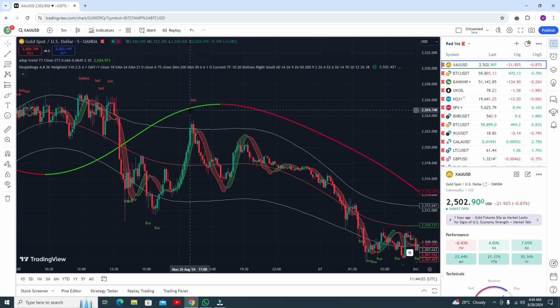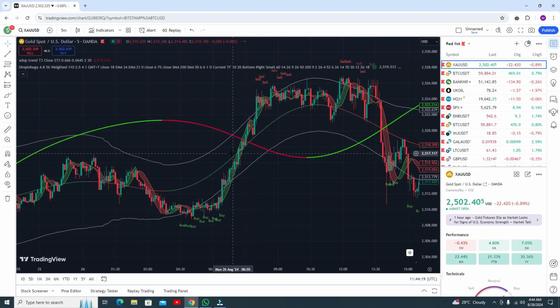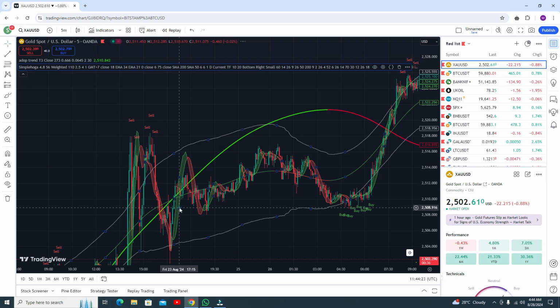Because the adopter line is green and you are getting a sell signal, RSI is upside, and the adopter line is upside from the upper band line, so you can go for the sell trade. It gives you profit, but it's a single trade, and it's not a double confirmation signal. Okay, let me show you some more results so you will get more clarity.